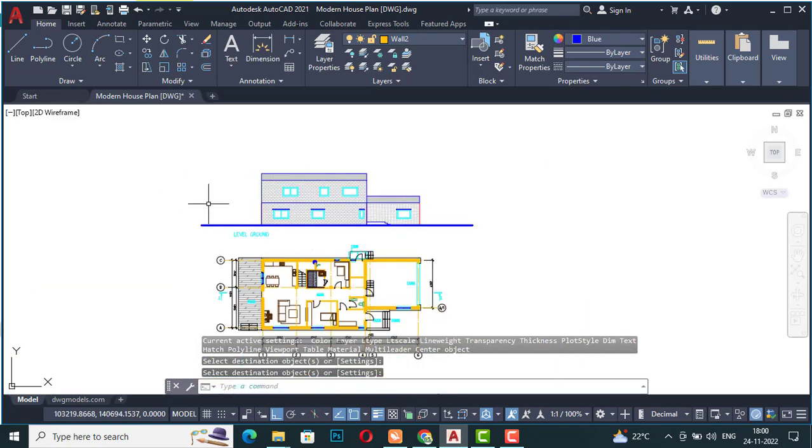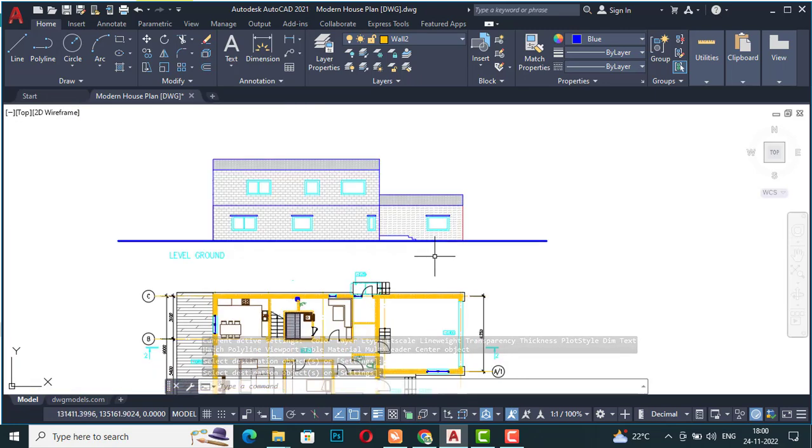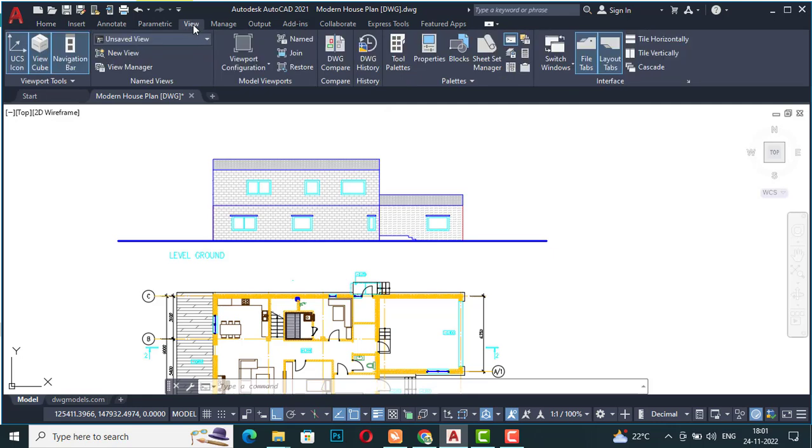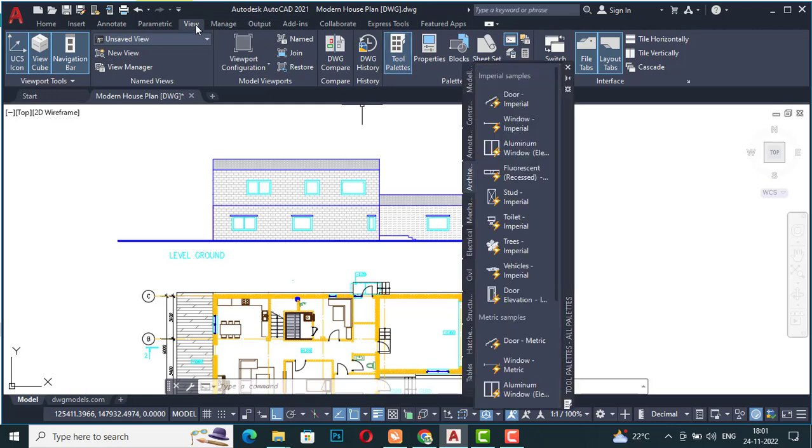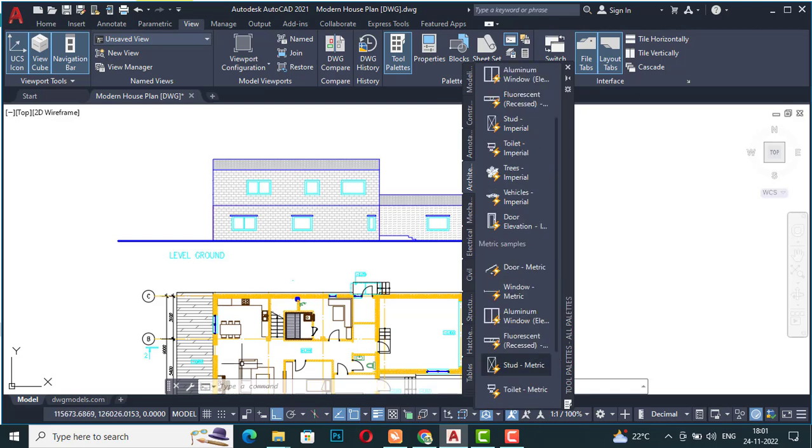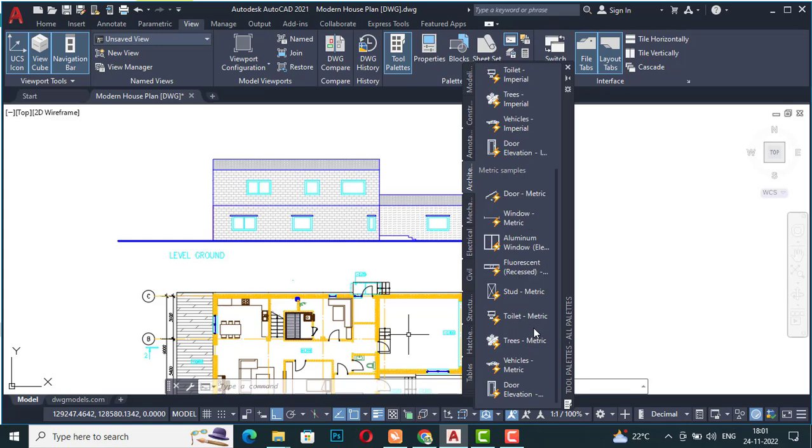So this is a basic front elevation you can learn to make, and now you are required to add some beautification like trees. If you want, you can go to tool palettes and can select this, going to View here and select tool palettes, and then can go to trees imperial, and I'm going to Matrix since I am using mm and meter. So we'll go to trees matrix here,